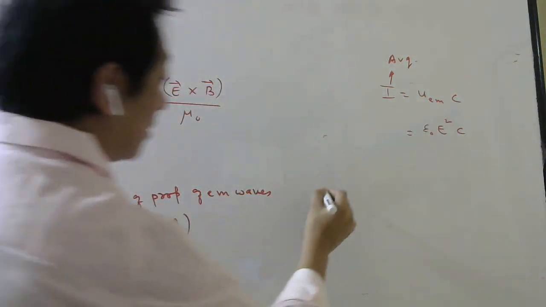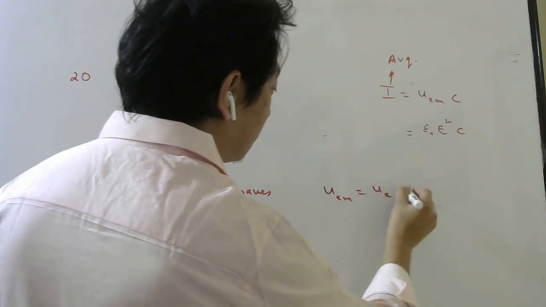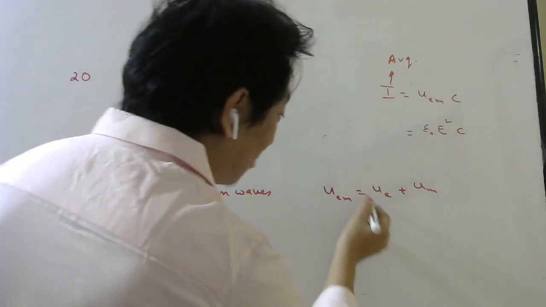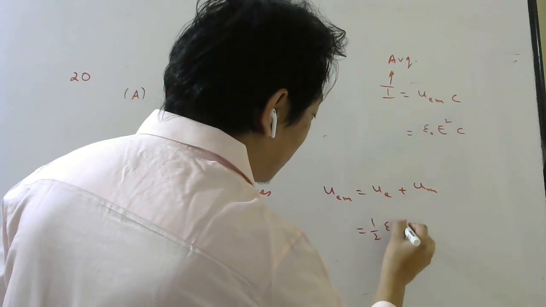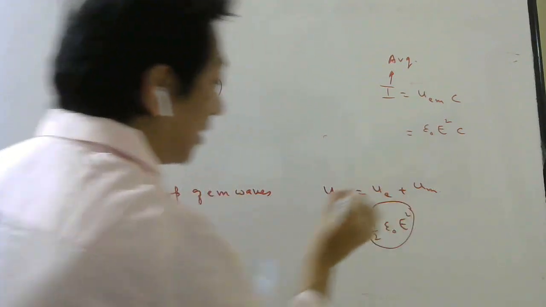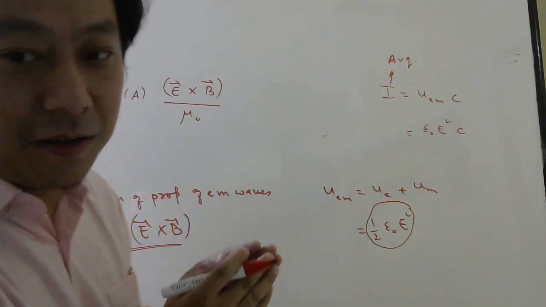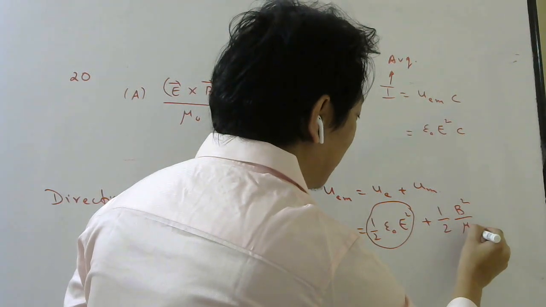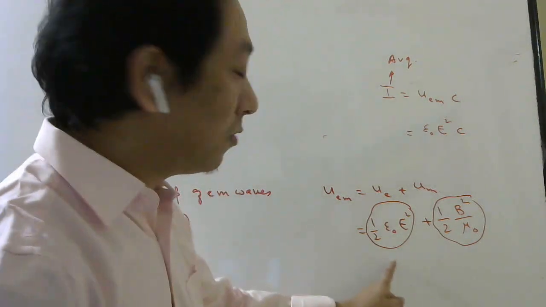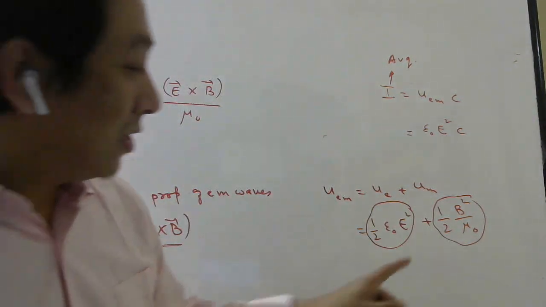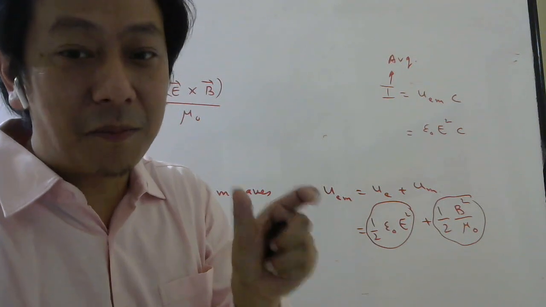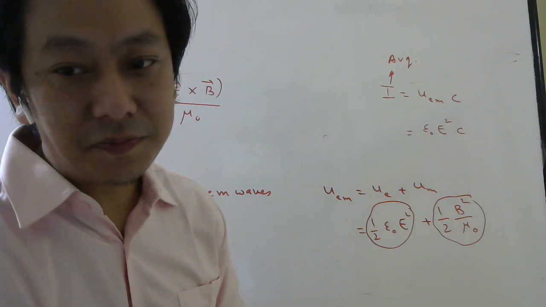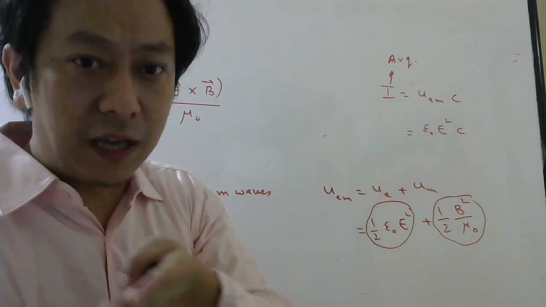See, actually, energy density has two components. See the first 5 minutes of the class today. This one is half epsilon naught E square, so this is the average energy density of the electric field. And this is the average energy density of the magnetic field. Because these two formulas, if you remember, we derived for DC. This we derived for a capacitor when it was connected to a battery. This much energy was stored in the capacitor per unit volume. So this half is written because in the derivation half came.